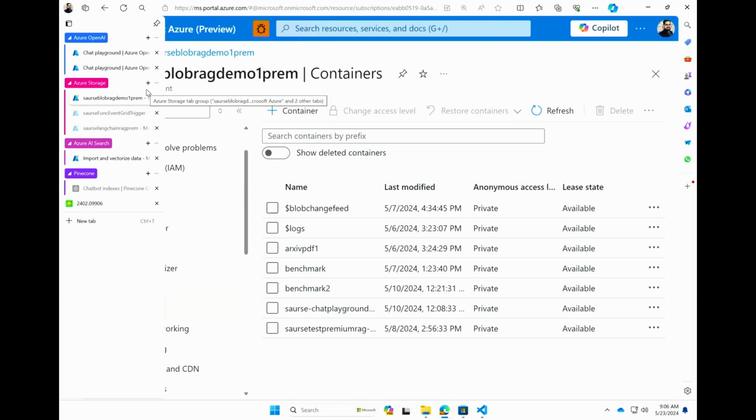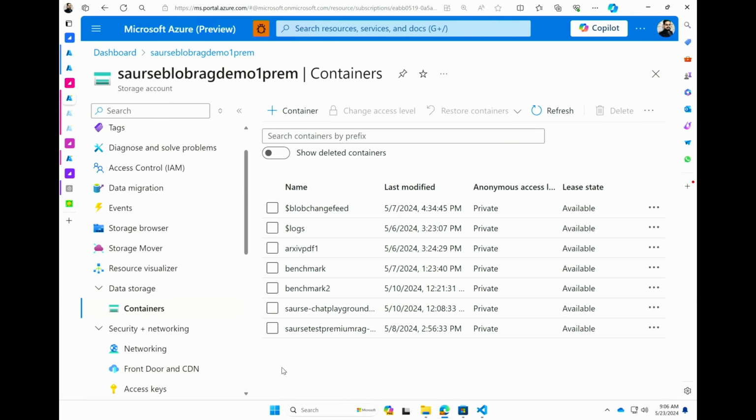So what if I want to use LangChain, and what if I want to use Pinecone as my vector DB? Can I do all of that with blob storage? Oh yeah, absolutely. In fact, let's just switch to